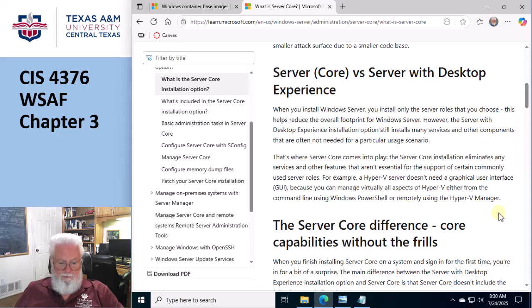Yeah, it might actually be a good idea. And then Nano Server. Nano servers don't even have a local login at all. I mean, you connect to it remotely. It has no user interface, not even a command line user interface. It has no user interface whatsoever. Obviously these are made for things like containers and for an embedded device